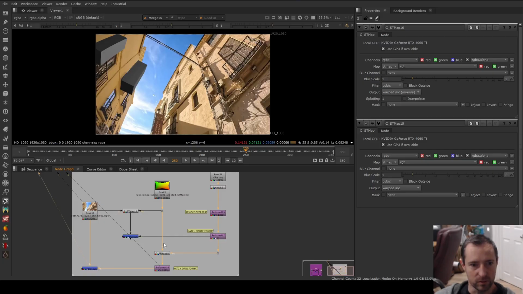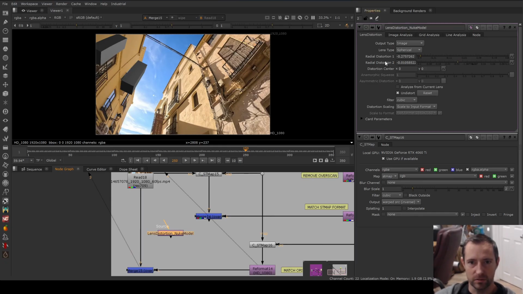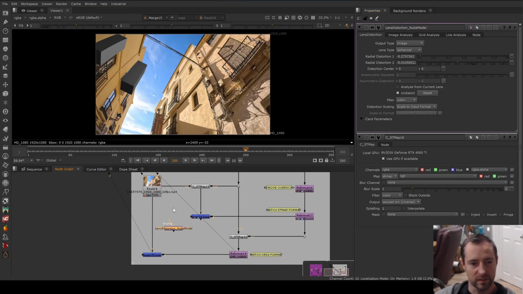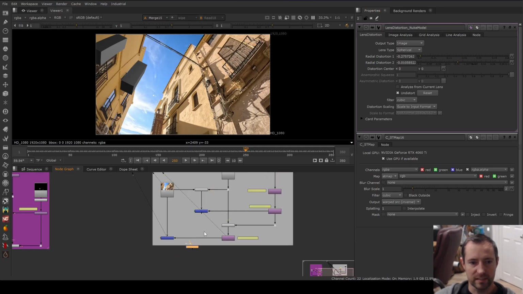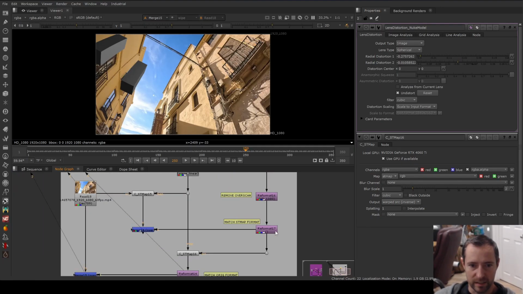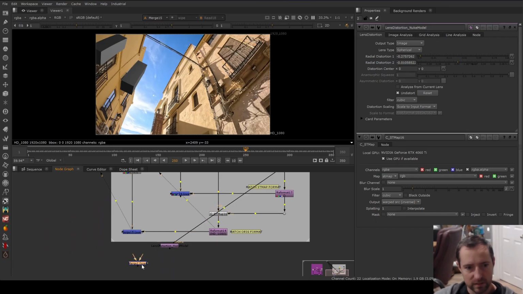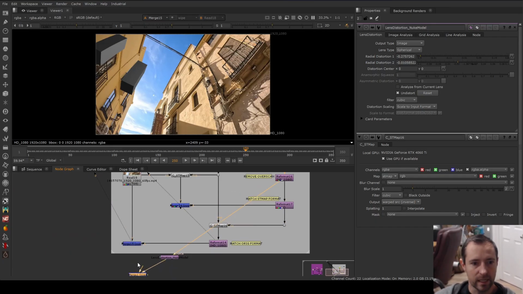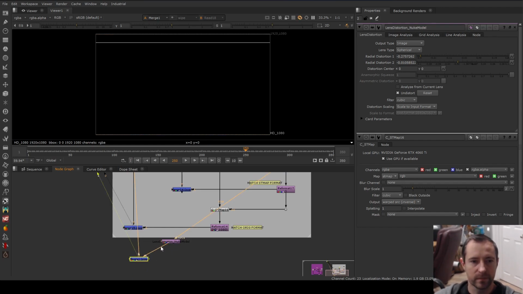So we go back into Nuke, into our comp here, and we just Control V, we paste it, and it's got our values, our distortion values up in there. So you can see all we have to do in this case, we don't have to worry about this reformat if we do it this way. We'll just do the lens distortion here, and we'll copy this and paste that there. So A over B, and this gets us,